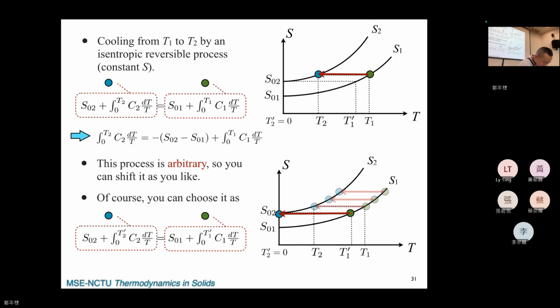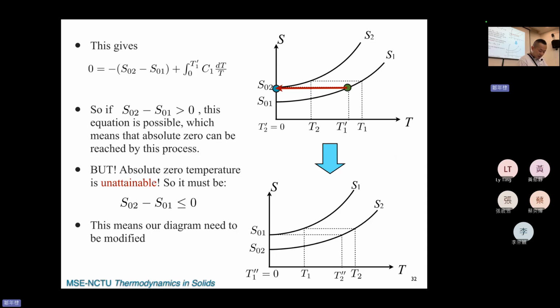SO2 加上从0到 T2 的积分，可是如果你选到最后这个状态，T2 就等于0了，所以这边就会变成0。那你就会发现 SO2 等于 SO1 加这个东西。那这不就代表你已经可以用这样的 process 达到绝对零度吗？那这样不就违反了 unattainable 的 principle 吗？So you can see that if you choose this, it makes SO2 equal to this one plus this, which means that 0 is attainable.